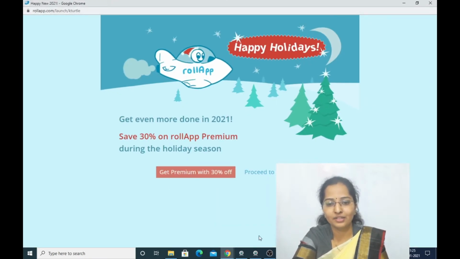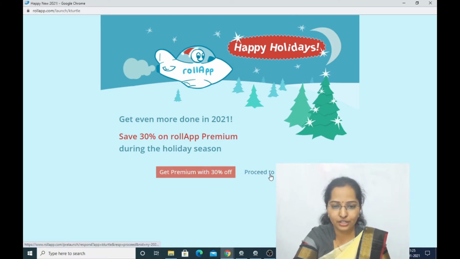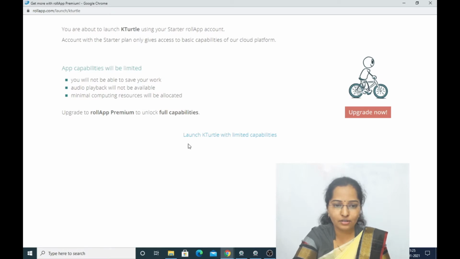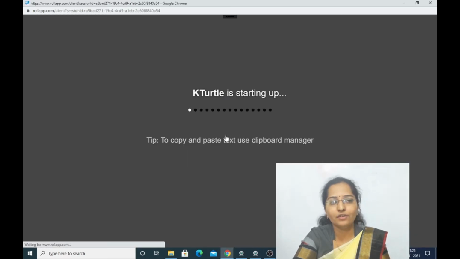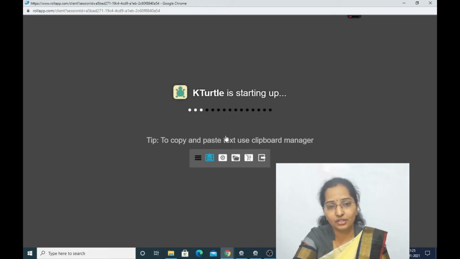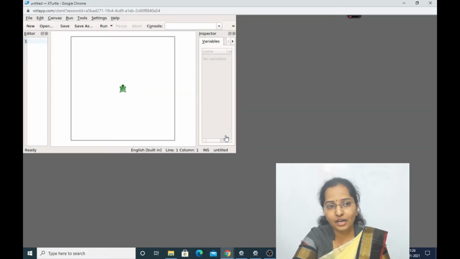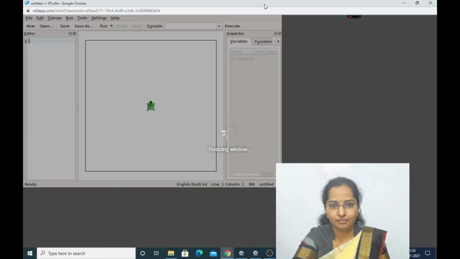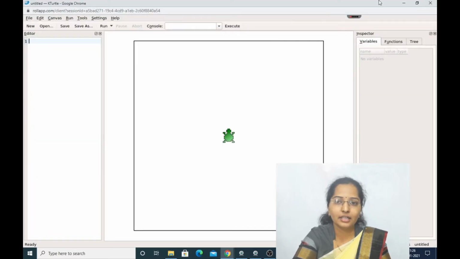Maximize this. Now click on proceed to KTurtle. Now click on launch KTurtle with limited capabilities. Instead of downloading the KTurtle application to your system, we can use this method to open KTurtle. Maximize this. See, this is the window of KTurtle.